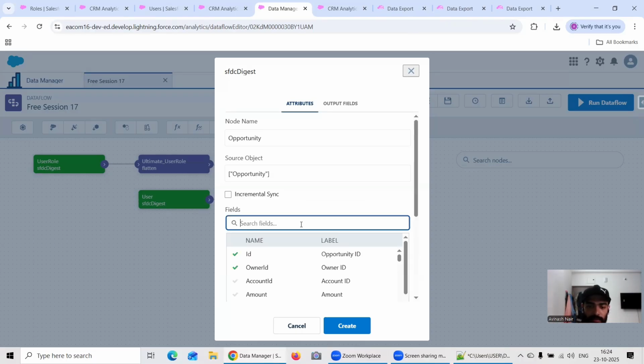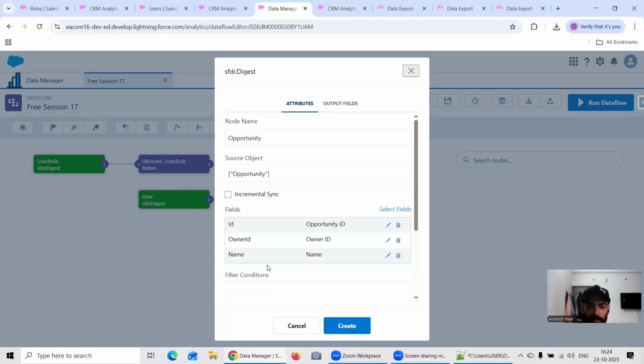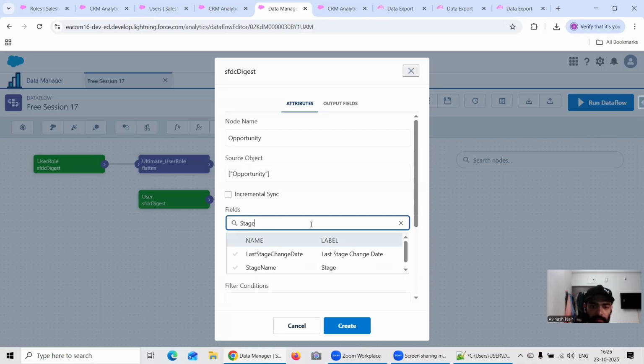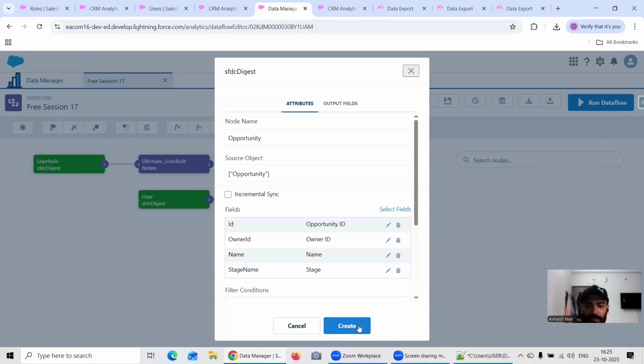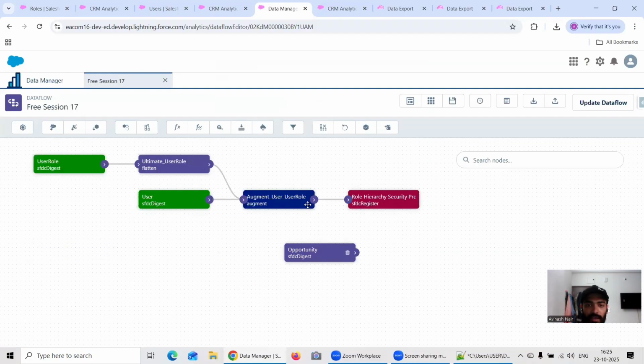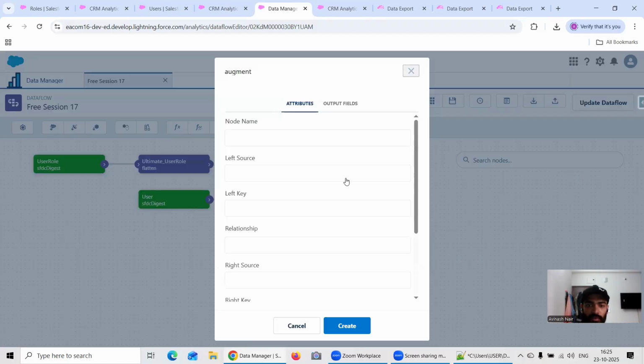Let's say I go for name, and let's say I go for stage name. Okay, these are all enough for me. I will click on create, and what I will do is I will again go for this augment role where I will write augment